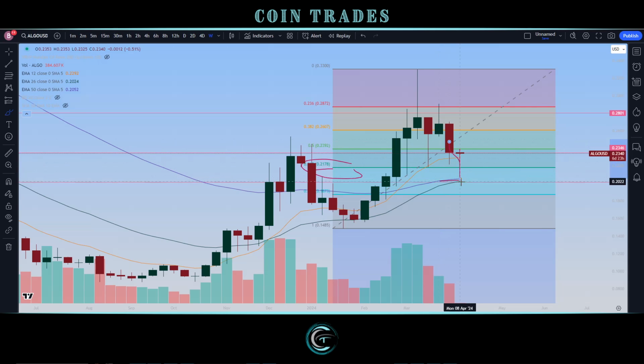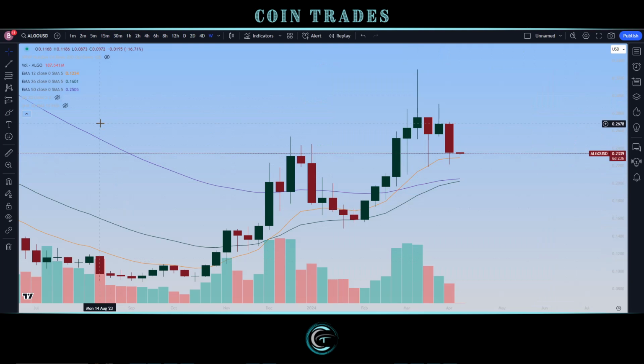So if we can get down to that level and see a very nice bounce and continuation off of that, that's going to be a much stronger move than if we sit sideways for a little bit and consolidate longer. So one of the big things we are going to be looking at here in the coming months is